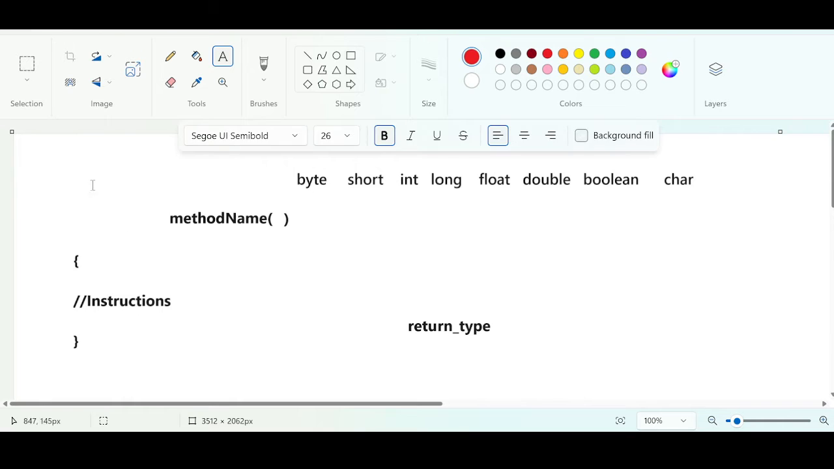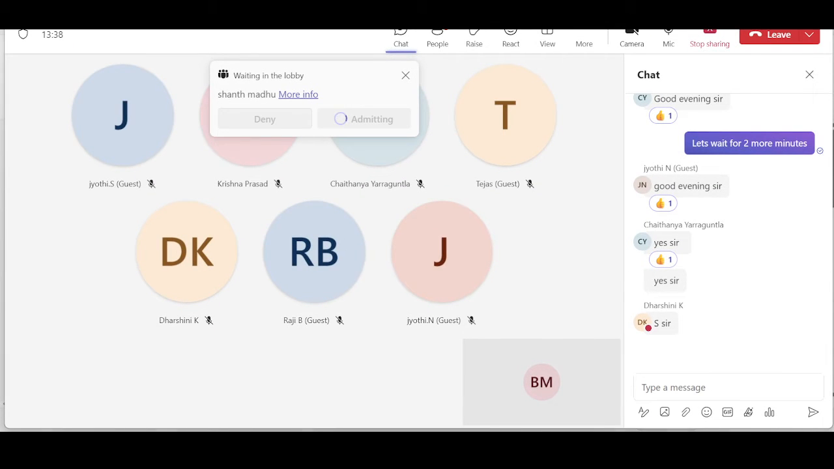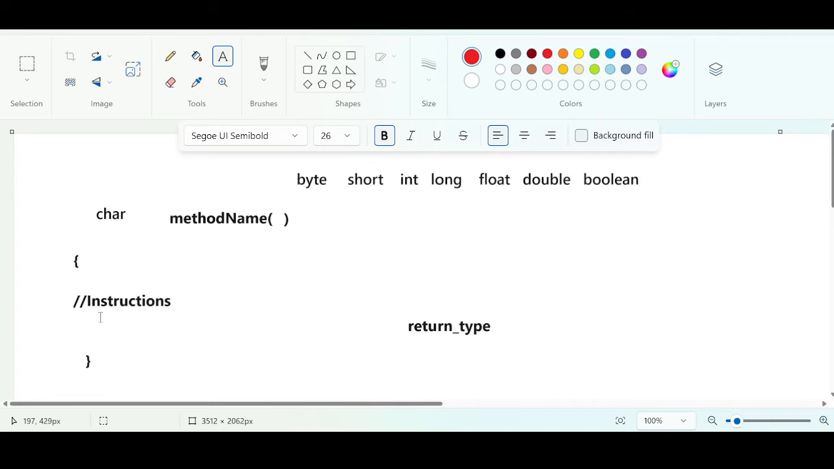For example, apart from boolean, if I'm using the character data type, I have to return a character. It is an obligation. It is our duty to return the character. Anything should be in the form of a character. Making sense? But the question is, if I'm not returning anything,